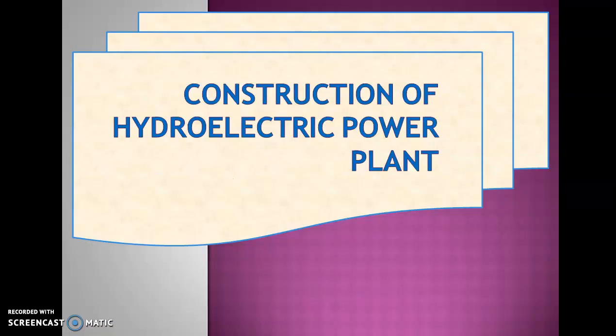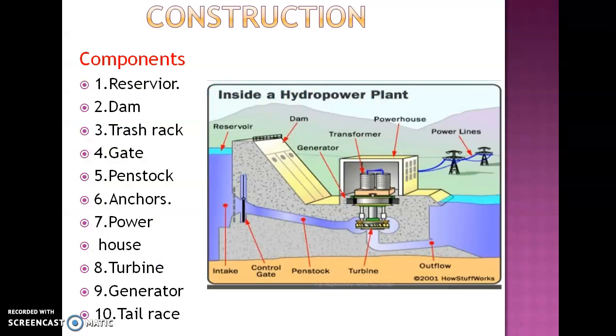Now, construction of this hydroelectric power plant. Basically, these are the main components of the hydroelectric power plant. Here you can see its pictures. First is the reservoir, second is the dam, third is the trash rack, then the gate, the penstock, the anchors, the powerhouse, turbine, generator and tail race. These are all important components of the